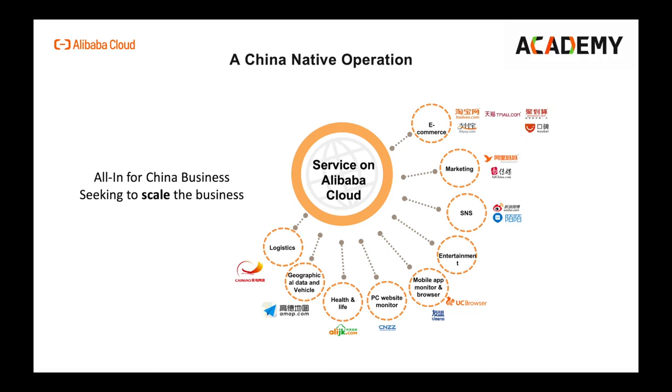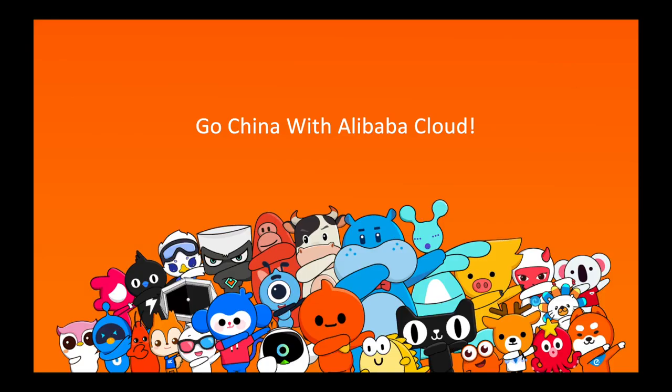So you really need to have services in place to handle things like the logistics of package delivery. If your application needs mapping functions, you should have a mapping service like Gaode Maps. So you really want to be considering the Alibaba ecosystem as a whole, and also looking into other important Chinese businesses that are in this online space and integrating those into your operation in China. That's all for the Go China or China Connect portion of the course.